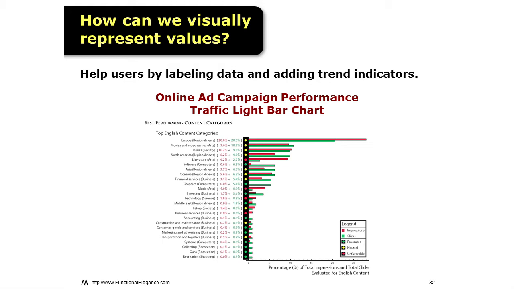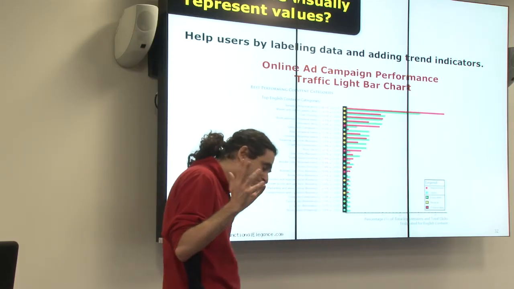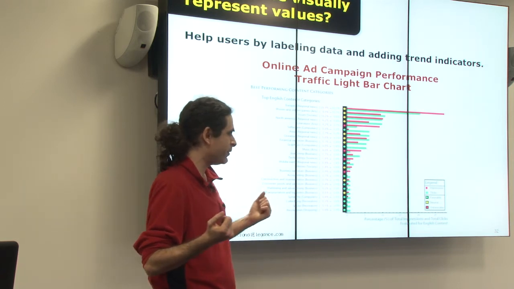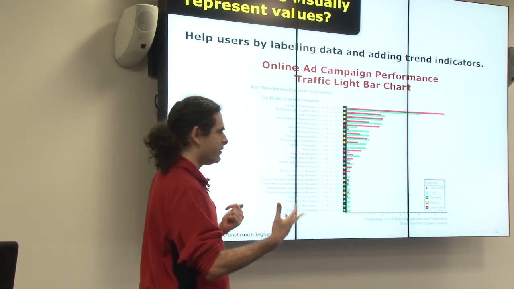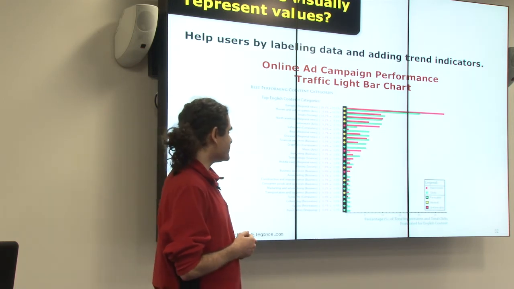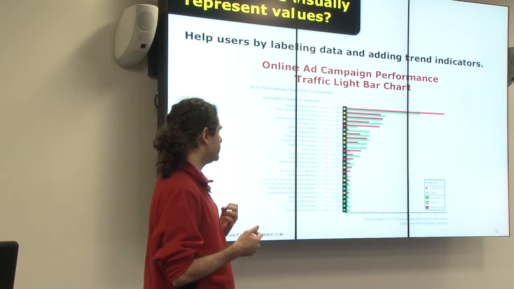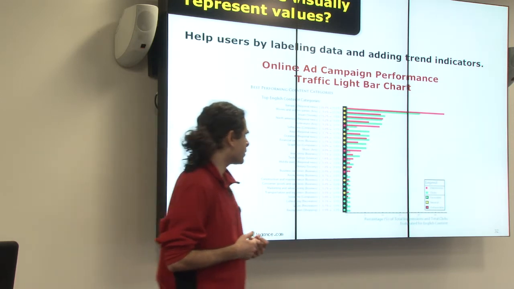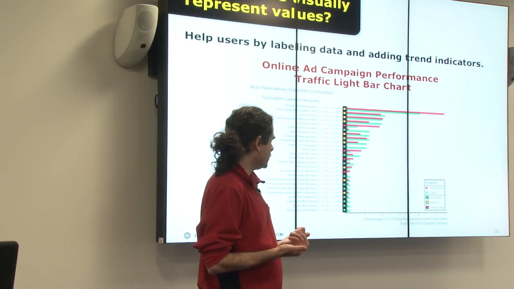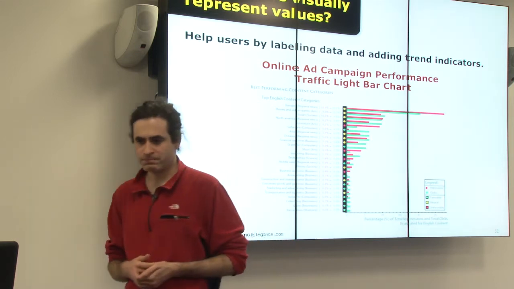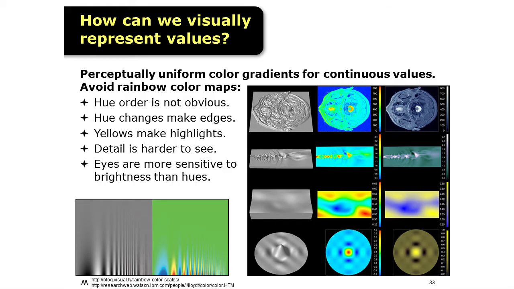I find that the more people are paid, the harder it is for them to read a graph. This is just my experience. So now everybody sort of knows about traffic lights, so that's how we color our bars, and then we use the traffic light to show whether a given content category is green, meaning good to run a campaign on. Okay, let's see how